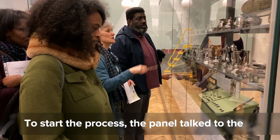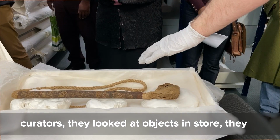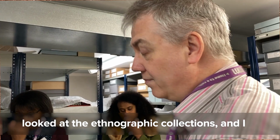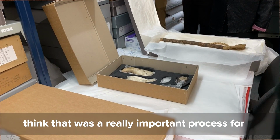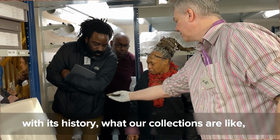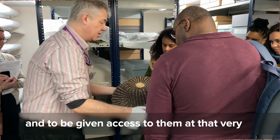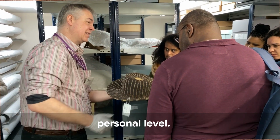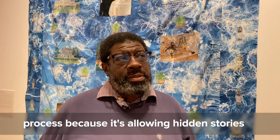To start the process, the panel talked to the curators, they looked at objects in store, they looked at the ethnographic collections, and I think that was a really important process for them to understand an institution like RAMM with its history, what our collections are like, and to be given access to them at that very personal level. I thought it was important to take part in the process